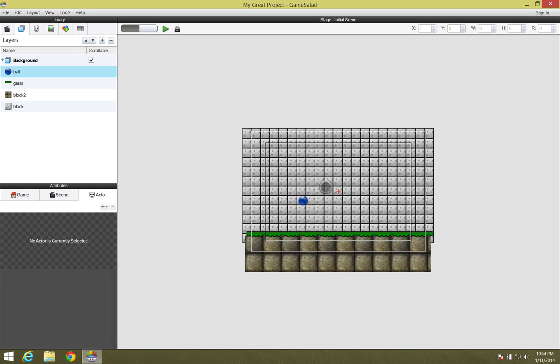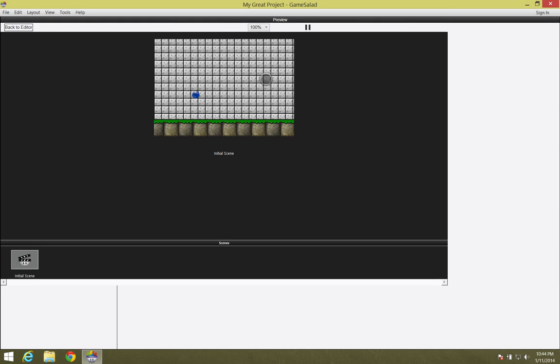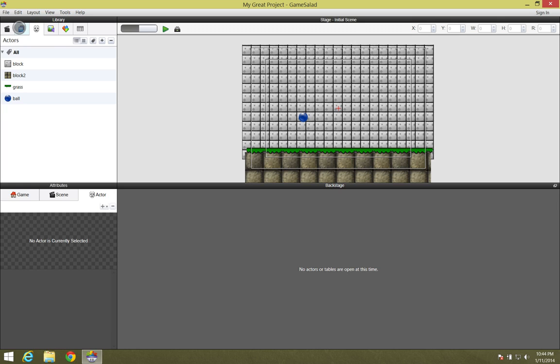Okay, so we have our scene pretty much set up the way that we want, but what we want to do now is we want our scene to be larger than the default that we're working with. So for instance, if I were to just go ahead and hit the play or preview to simulate this, this is exactly what my entire game is going to look like. It's kind of small. So what I want to do is I want to click on this Scenes tab here